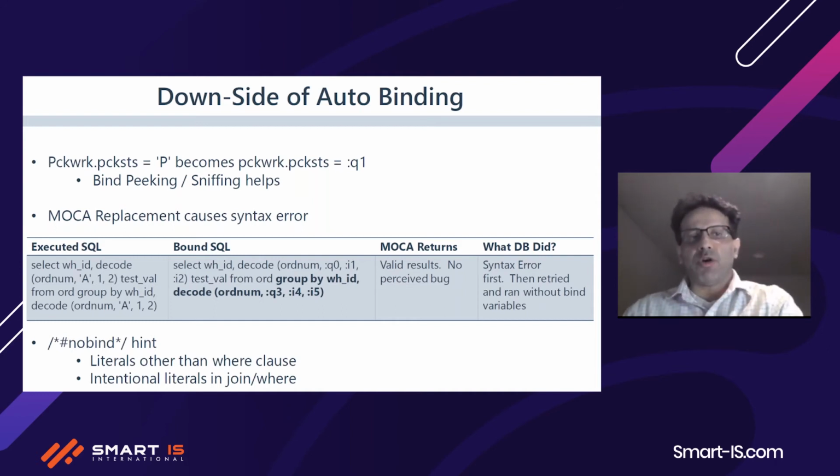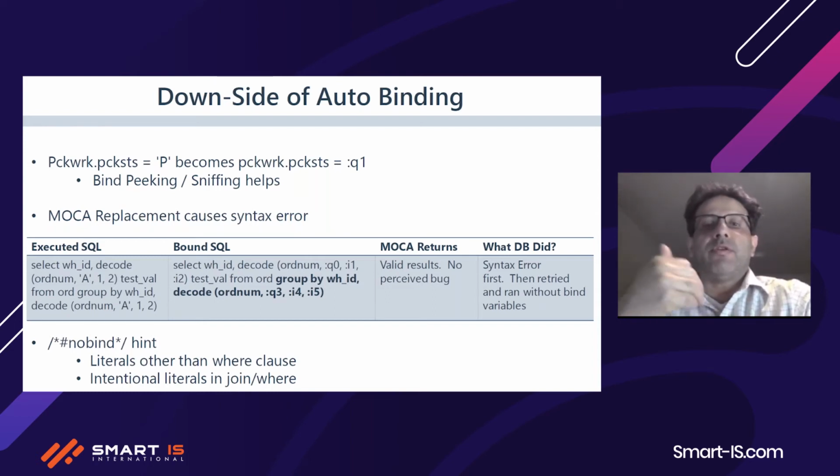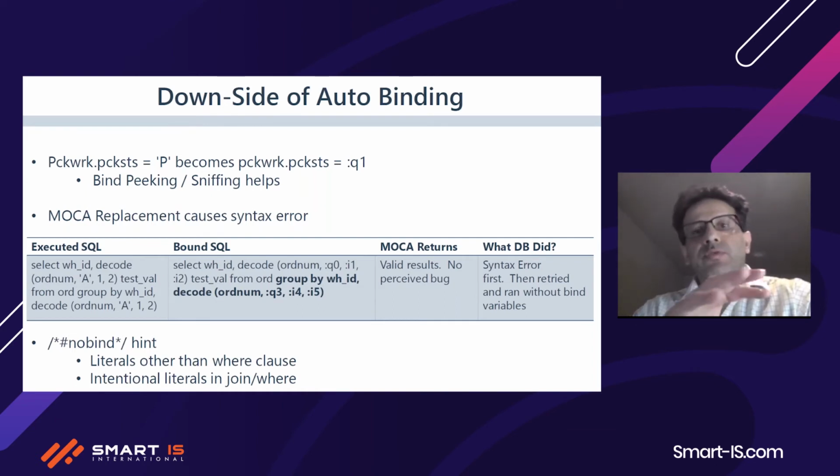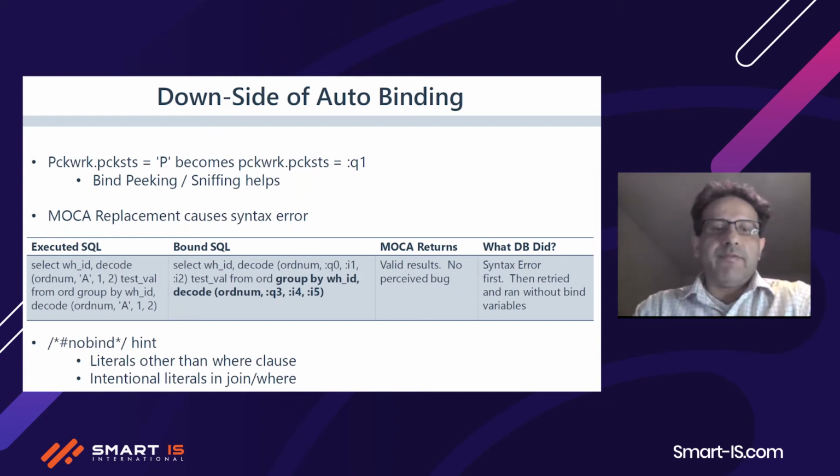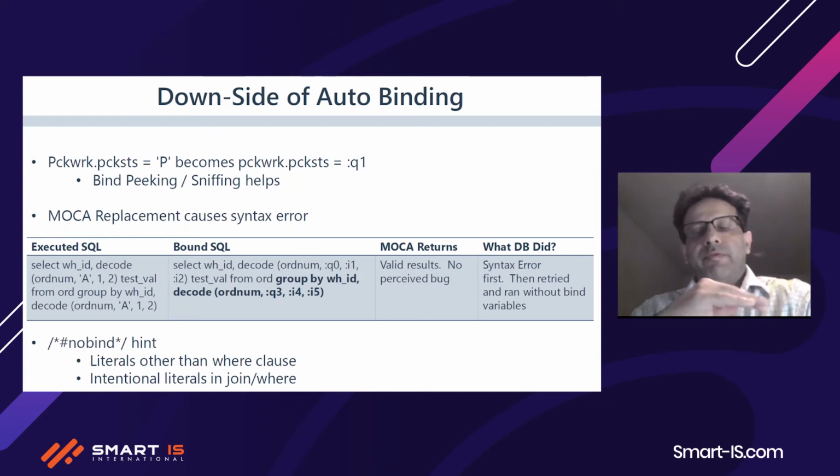So that's again a very important concept, because we did not tell the database that it's a pick status of P versus C. Now we are going into the territory of certain defaulting or certain mechanisms happening according to that. Then there is also this other issue, because this was introduced way back when, and Moca is really not going to know every type of SQL statement that bind variable resolution could affect adversely. So at that time, they had put in one fail-safe feature, which is still there today,